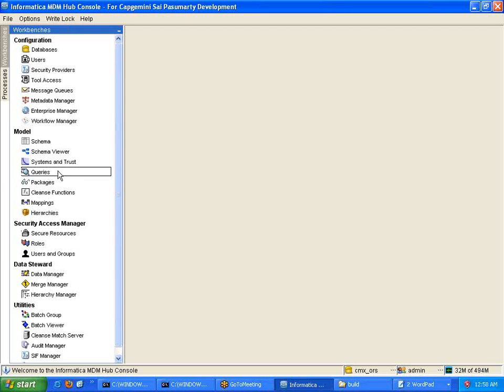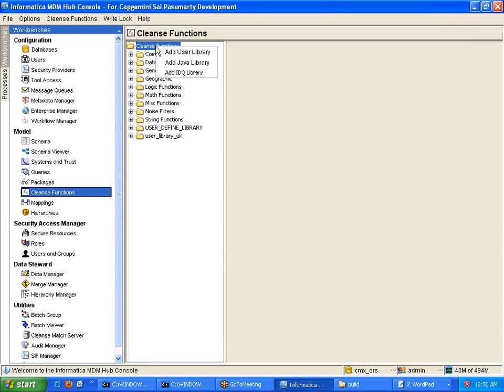That is why, for Informatica MDM, having Java knowledge is an added advantage. Not only here, I will talk about some more areas where knowledge of Java is needed. Now, let us get into the cleanse functions tool, where you can right-click on this and select Java library.